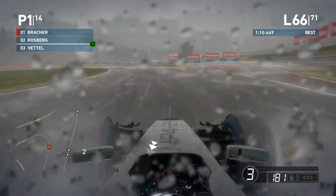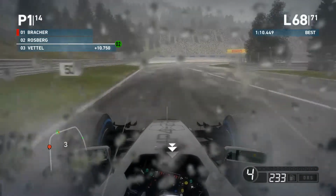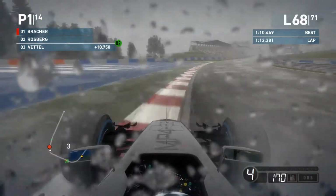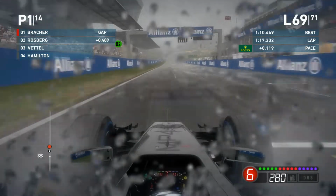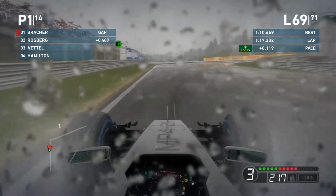And I'm truly starting to wonder whether this is a good idea, because I get the feeling that we might be putting ourselves out of the race here if we keep this up, and Vettel is only about 15 seconds down, so we could easily end up losing more than just one place here if we do spin off the track. Lap 69 here, we have a bit of a breather as we have a half a second gap down to Rosberg there,